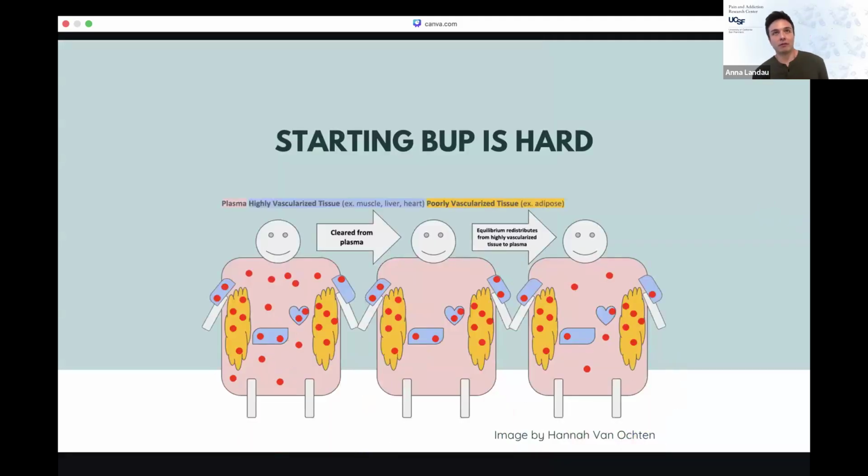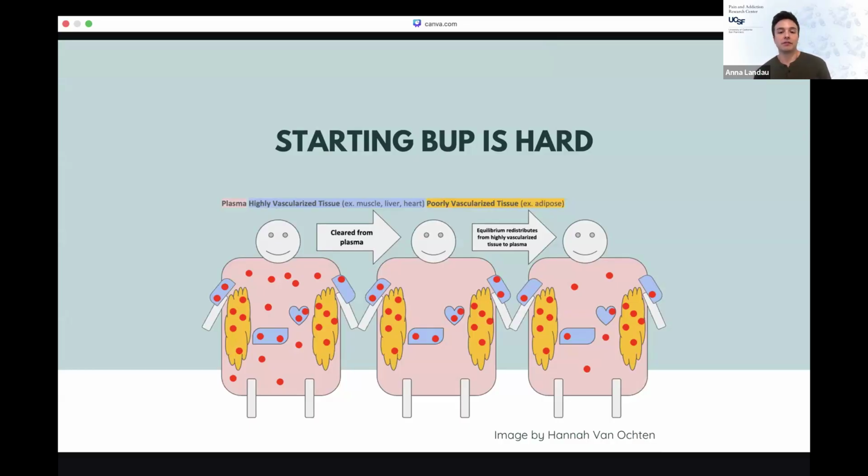Another thing that makes buprenorphine pretty hard to start, and Leslie will go into this more when she's speaking in her part, but back in the days of heroin and pills being the predominant opioid, those are all hydrophilic molecules. And so they have pretty simple kinetics where you inhale your heroin, it goes to the lungs, into the bloodstream, has its effects as it travels throughout the body, and then eventually reaches the liver, you metabolize it, and it's